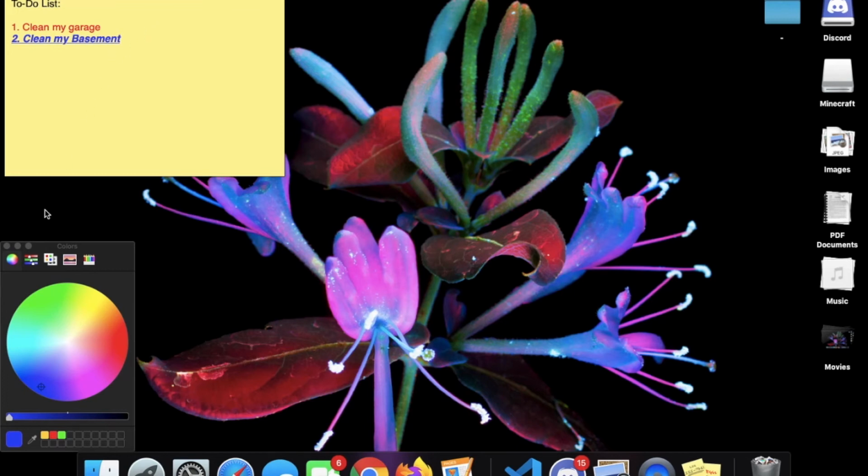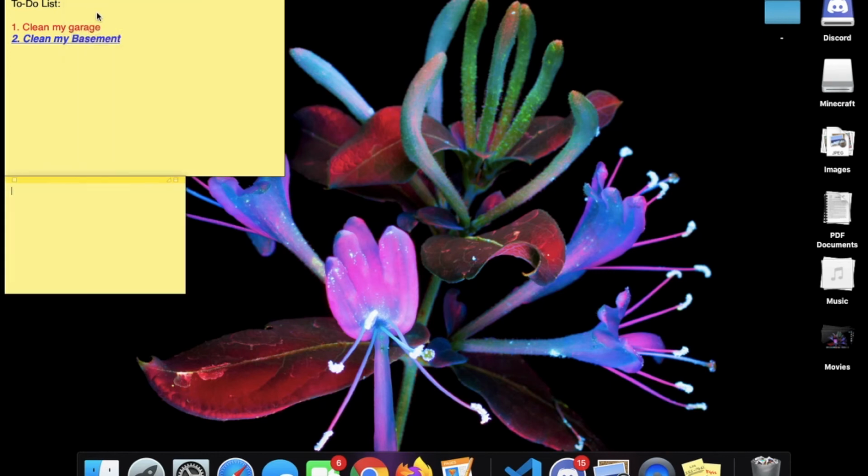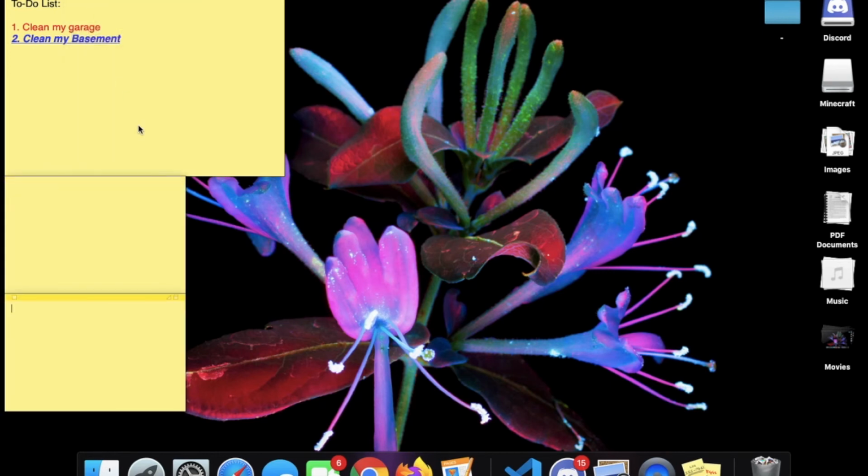Now let's say I want to add a new sticky. Then I go under the file and press new note, or I can just press Command N and get a new note. And let's say I want to change the color of my sticky, so I can go under color and I can make this green, and let's say I can make this gray. I can have multiple stickies across my